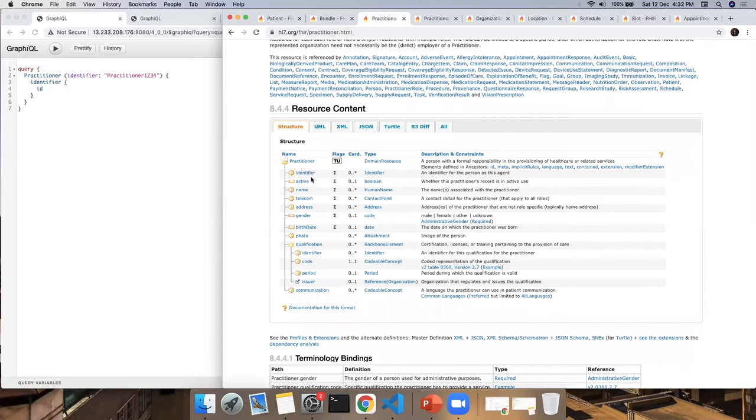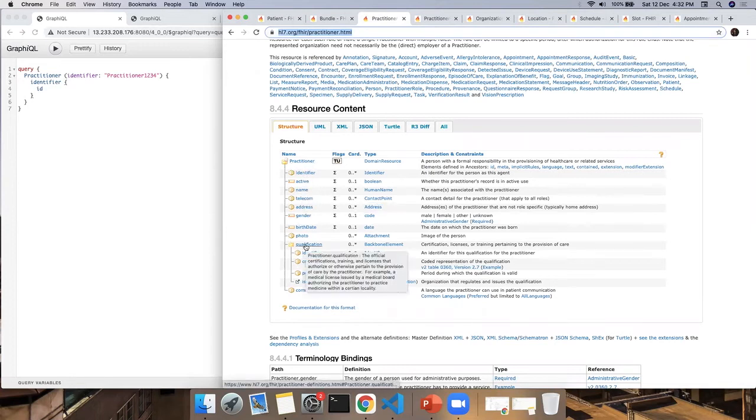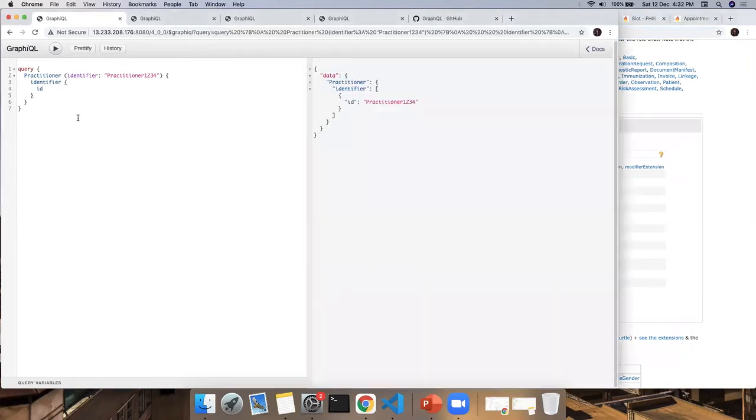Right. Now let's go to the FHIR spec and pull this down. And I have the practitioner resource, the HL7 FHIR resource. I can do the same thing. I can get their name. I can get their qualification also. If I'm interested, I can get their communication. So let me try to